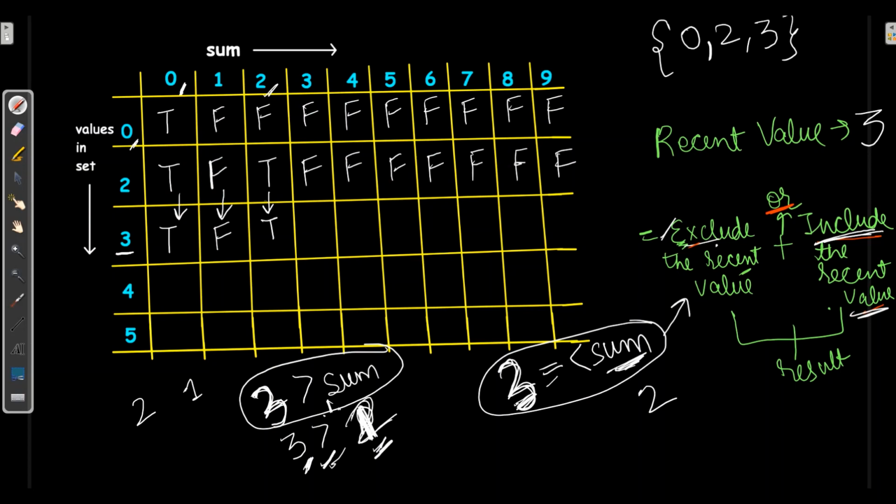Now when I have 3 and the sum is equal to the value, we will proceed for this step, where first I need to exclude the recent value and will check for 0, 2, which I can check from the above value. So I'll copy from here, and with this plus sign, I will include the 3 value, and on the basis of 3, will 3 be able to make the sum 3?